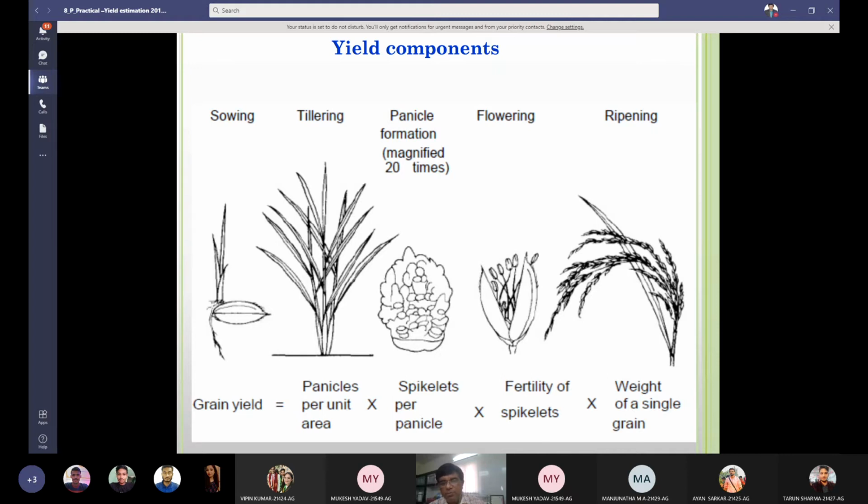Then comes your spikelet per panicle. Whatever spikelets are produced by a variety, on an average, it is genetically controlled. Plant breeding suggests to us that the number of spikelets is mostly controlled by the genetics of the variety. Some varieties may have 80 spikelets, some may have 120, some may have 130 spikelets. So this is primarily a genetically controlled character. But the filling of the spikelet, the fertility of the spikelet, will mainly be affected by environmental factors, maybe climatic factors or soil factors.